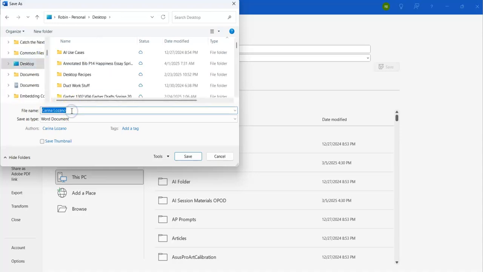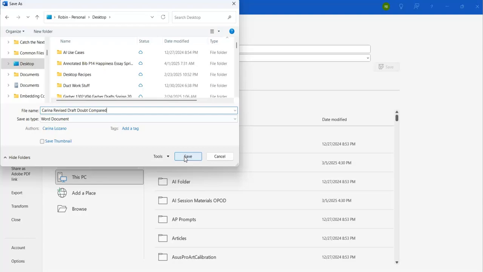And what you want to do is you want to make sure that you're naming it something logical. So if I'm pretending that I am my former student Karina, then I would put Karina revised draft 2, and I might put compared there just so I know that it's the one with the lines, and save that as